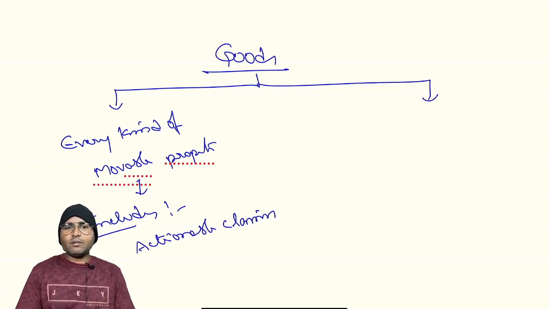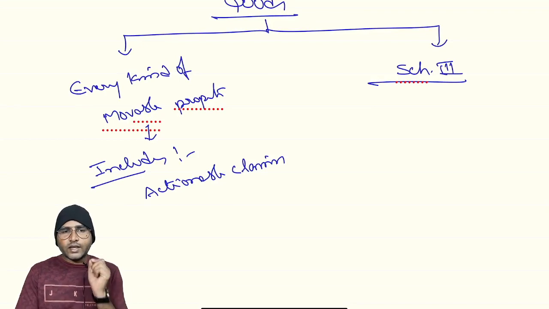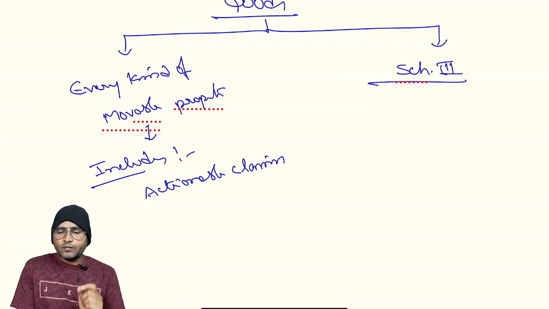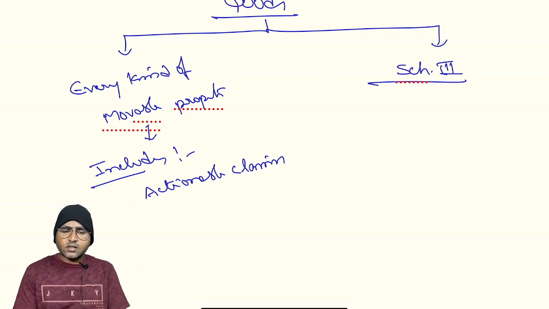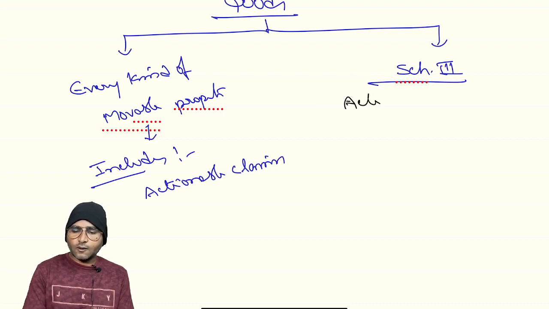And at the same time, if you refer to Schedule 3, under Schedule 3, actionable claims are excluded from the purview of GST. As you know, Schedule 3 is a negative list. In the negative list, actionable claims have been covered: actionable claims other than